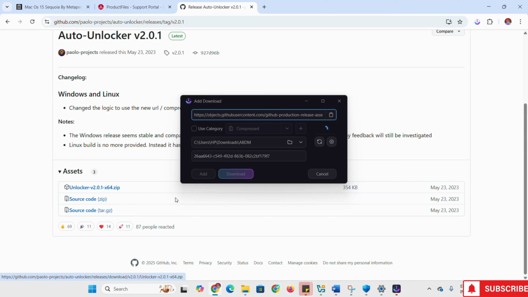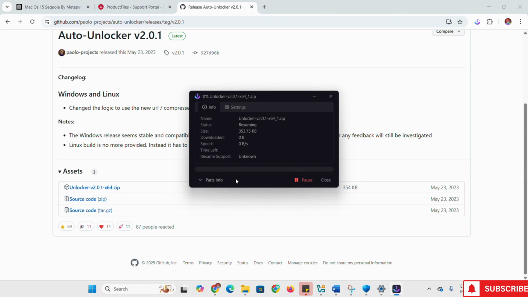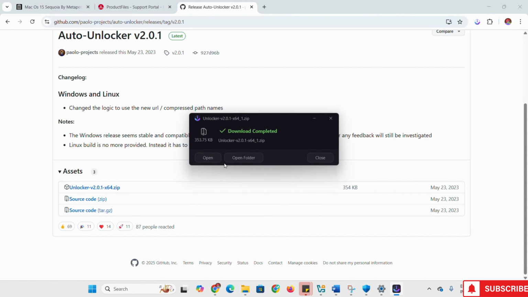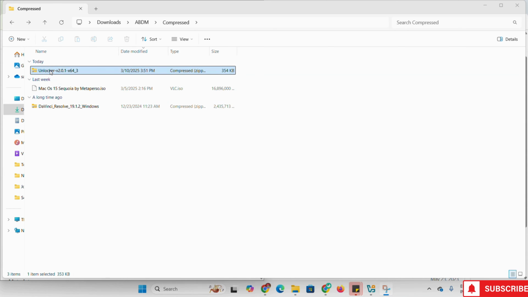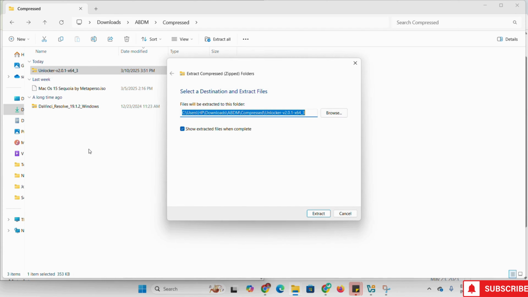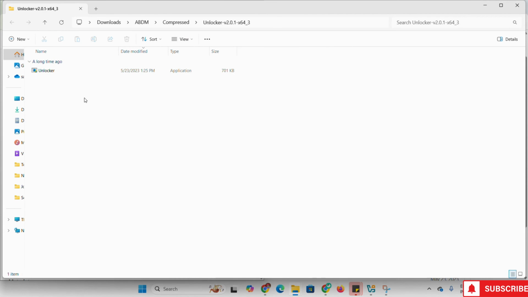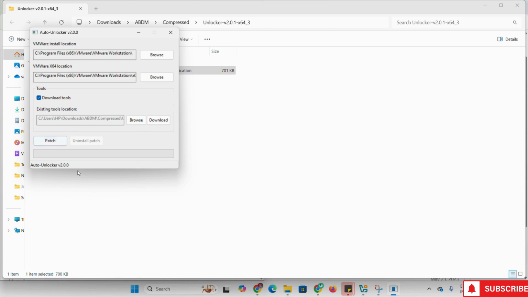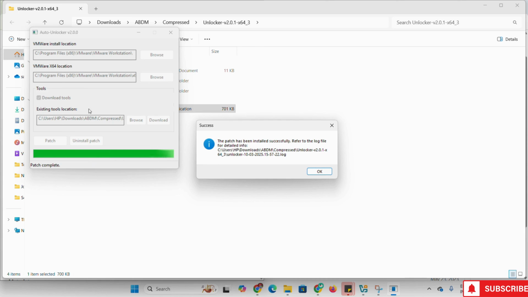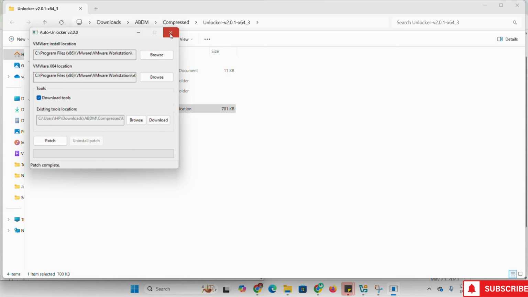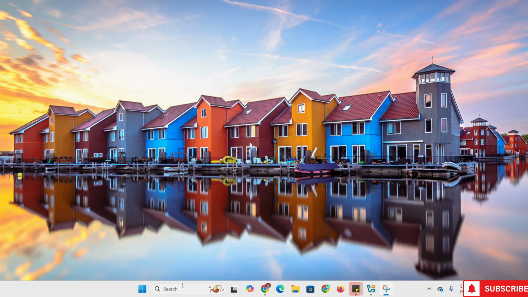Download. Okay, now we need to extract this file. Right click on it, extract all, extract, double click on unlocker file, yes, click on patch, wait for some time. You can see the file patched successfully. So close this one. Now open virtual machine,